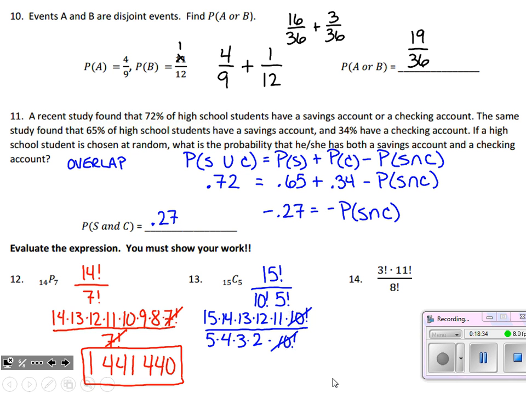All right, now at this point you are free to use your calculator, but we can simplify quite a bit along the way. This 4 times 3 is like a 12 in the denominator, and we've got a 12 in the numerator. Okay, 5 and 15 simplifies to 3 over 1, and 2 and 14 cancel to 7 over 1. So we do have some simplifying that occurs, and if we type those in the calculator, the 3 times the 7 times the 13 times the 11, we get 3003 for that answer.